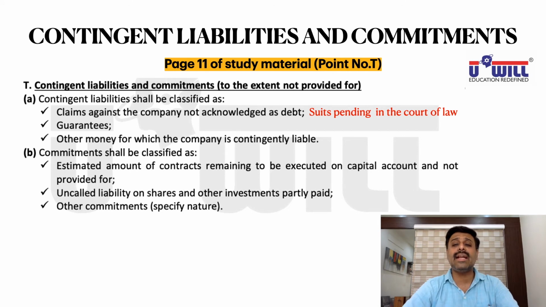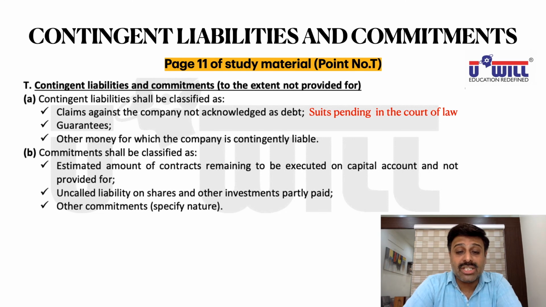Guarantees. Guarantees are understandable. Suppose our company has given a guarantee on behalf of our subsidiary company, which has borrowed a loan from the bank for 20 years. We may have to pay that money after 20 years, but only if the subsidiary company does not repay. So is it a certain liability? No, this is also an uncertain liability. It is dependent on the other company not paying the money; then only are we supposed to pay. So even a guarantee is a contingent liability.